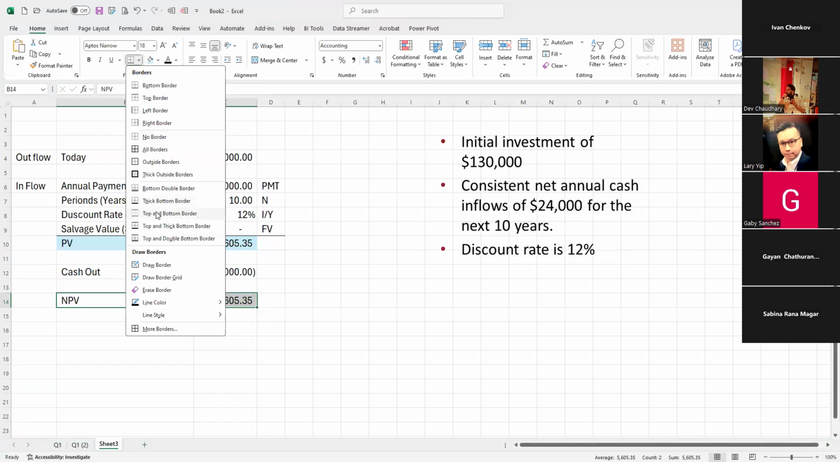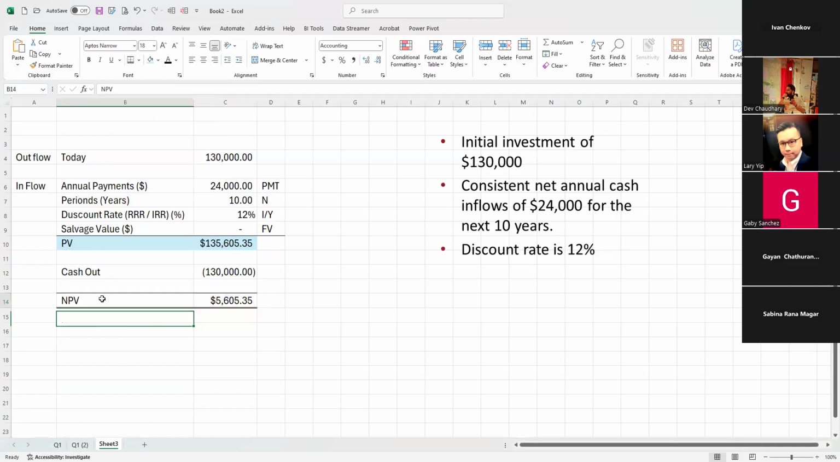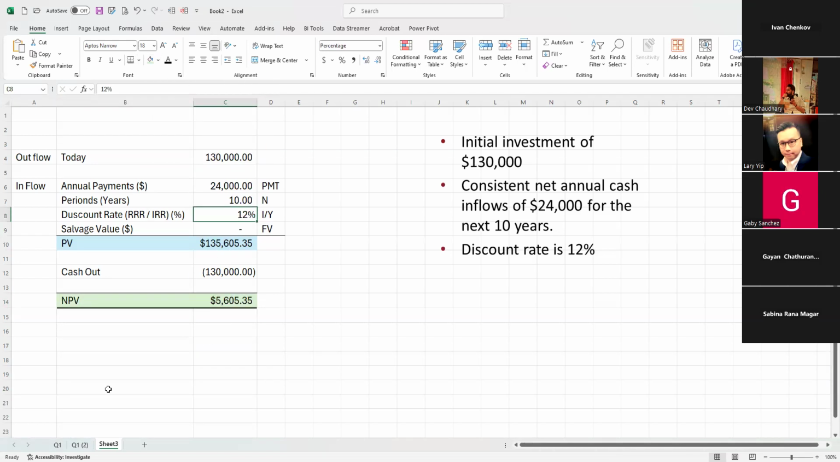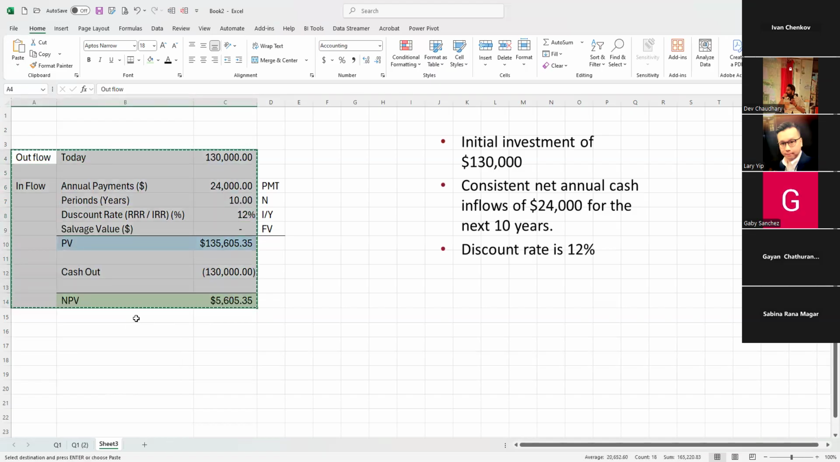So what that means is that this project is going to reach the return that we want, which we're using as a discount rate, in this case 12%. In fact, you're going to get more than 12%. How much more than 12% are you going to get? Well, we have to play a little bit with the formula to see at which point the net present value